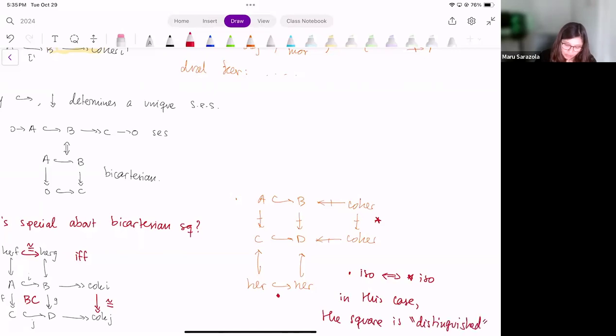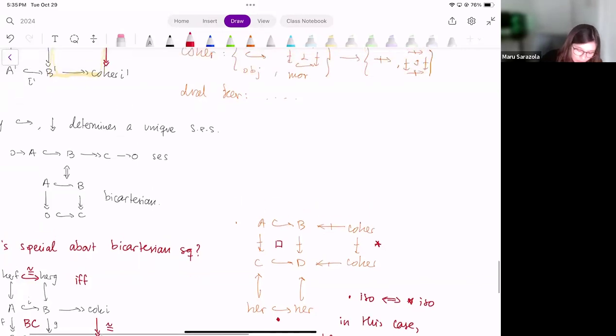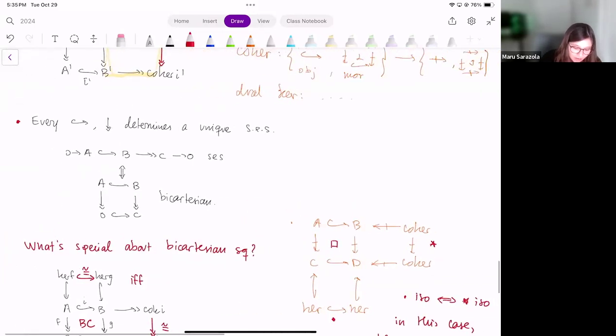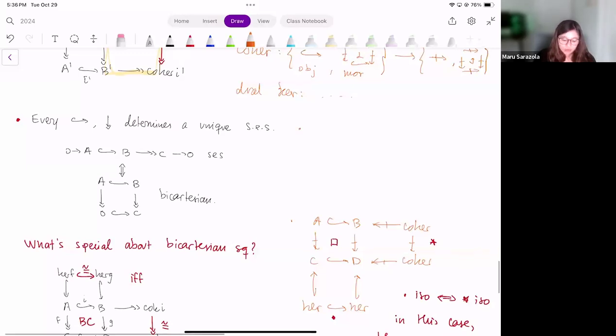And these distinguished squares, which in the original papers are denoted by a tiny square inside of the big square for some reason, are going to play the role of my special bicartesian squares. So now my fact that every mono determines a unique short exact sequence, I can phrase it in double categorical language by saying every horizontal map